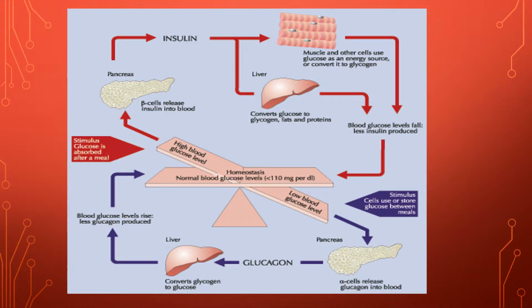And that is what you see here on the bottom half of the picture in the blue. With low blood glucose, the pancreas is still involved, but it's different cells. They're alpha cells. Alpha cells release a hormone called glucagon. Glucagon basically works exactly the opposite of insulin. It causes the liver to release glycogen, which again is just stored sugar. And that glycogen enters the bloodstream and causes blood glucose levels to rise. So again, all of this is to maintain a healthy, normal level of blood sugar.